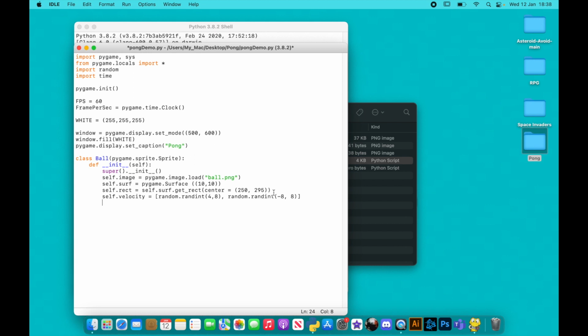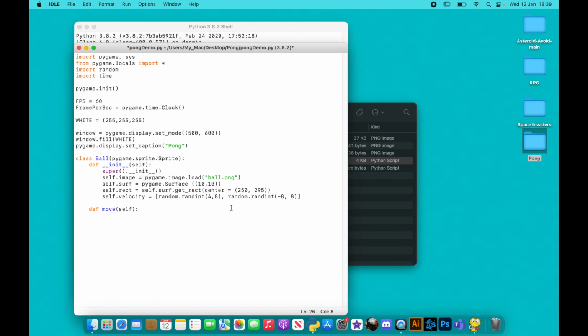So there's our velocity. You can tweak these again, but I found this gives a nice range of where it can start, and a speed and where it's going to go. But we will have a look at that in a second. So that's the constructor set up for the ball and all of its attributes. So we can create our ball in a minute. We now need to create a move function for it,